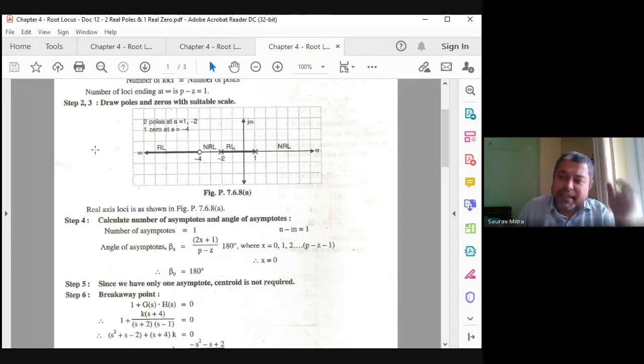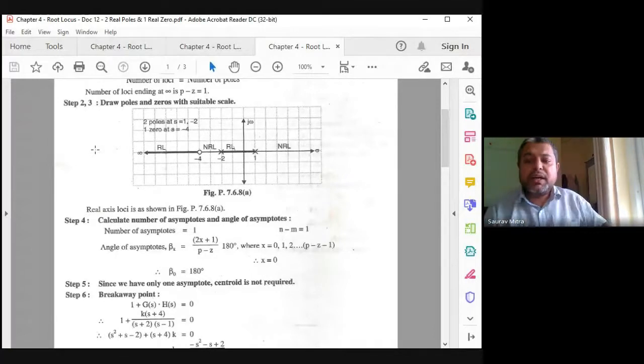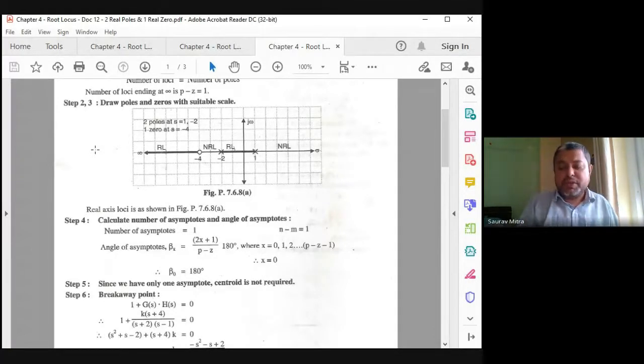First, they have done it the way I had shown in the first numerical, that is s square plus 4s plus k. Keep on changing the value of k, keep on getting different values of s, and then plot the s, and you are finding the root locus. So those things were initially there. What Evans has done is he has judged all those properties, he has mixed all those properties, and he has found out these rules. So the rules came not first but later: first observation, and from there the rules are produced, and those rules I'm actually telling you.